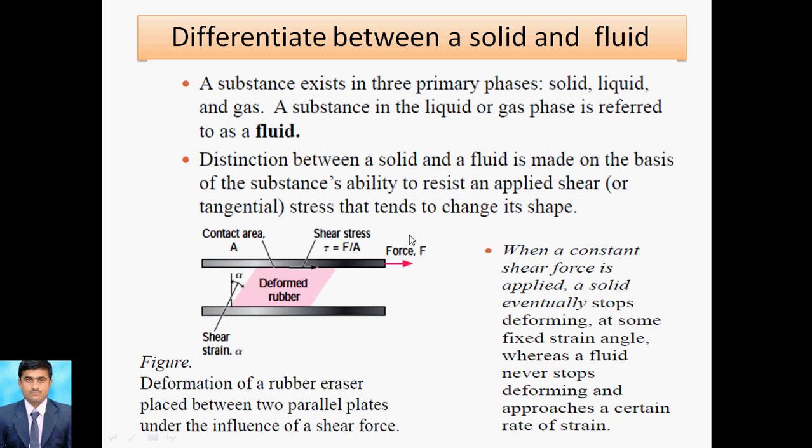And when you apply a shear force and it does not deform, that is called a solid. Here is one example. We can place a rubber and apply a shear force over it. At that time it does not deform, so it is called a solid. This rubber is considered a solid. But instead, we can place a liquid or gas. What will happen? When we apply force, it deforms easily. That is why it is called a fluid. So this is regarding the difference between solid and fluid.